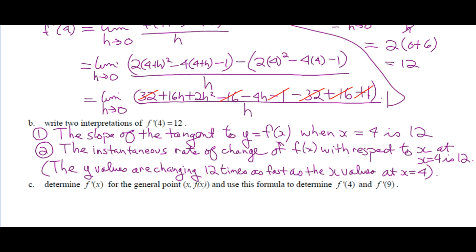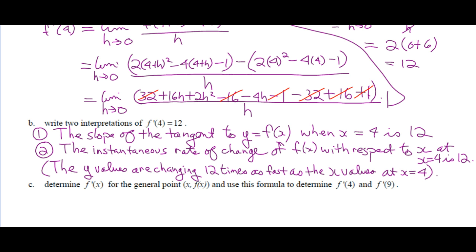Determine f prime of x for the general point f of x, and use this formula to determine f prime at 4 and f prime at 9. So the thing is, if we're just doing f prime, we did an awful lot of work to find f prime of 4, right? Now if we had to do that work again to do f prime of 9, it would be a lot of work. And then if we had to do f prime of 7,